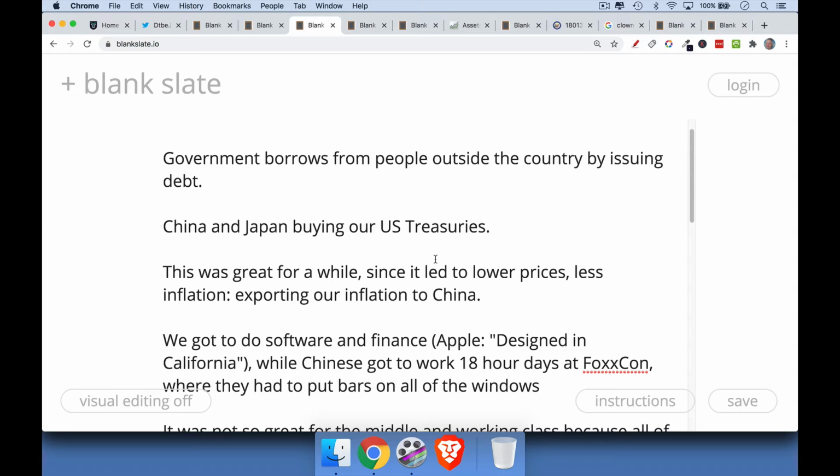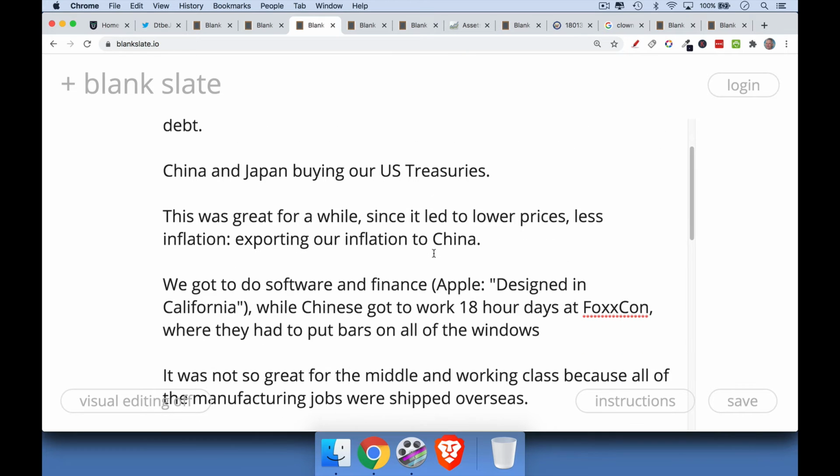It was good for people who own stock. It was not as good for the middle and working classes in the U.S. because so many of these manufacturing jobs were shipped overseas, whether to Mexico or to China or to the Philippines or Indonesia, wherever. And so this was the trade-off. It was much better for the upper middle classes and the ruling class. And U.S. workers at the high end of the pyramid, they got to do software and finance. If you buy an iPhone, you see on the box something like "designed in California." So they got to do the really fancy, cool stuff that didn't involve heavy metals and dirty manufacturing